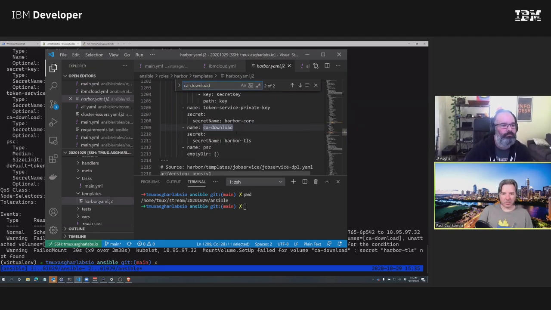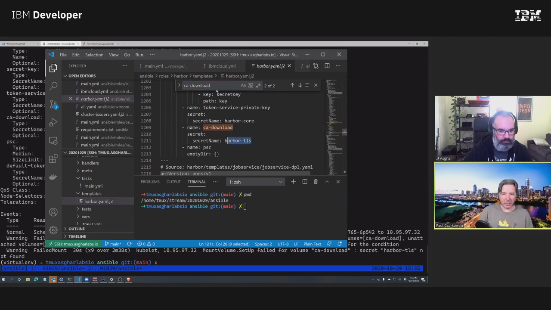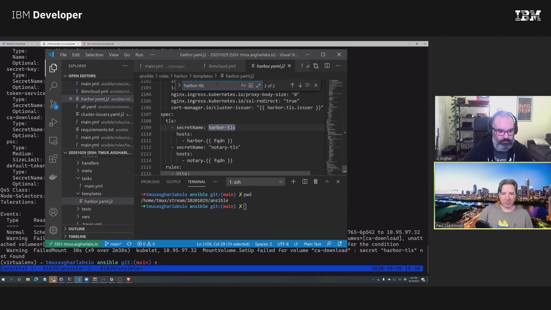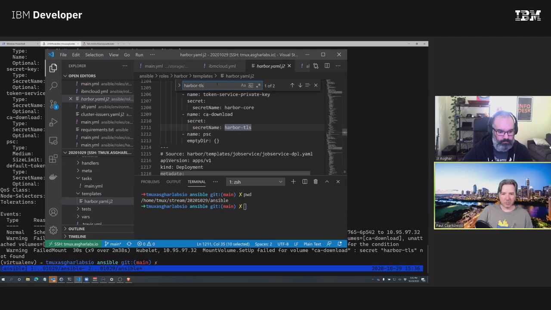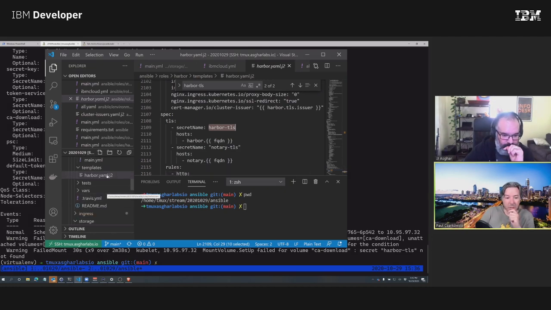Interesting. That's coming from this secret here. So I need to create this as a certificate regardless. Interesting. So the reason this was working before was because we were letting Cert Manager create a certificate as part of the ingress process, but we're not doing that anymore because your ingress already has certificates.